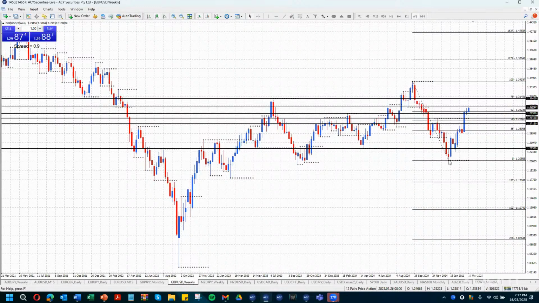The big question is, are we just coming up to a rally point? The 79% level overlaps with this weekly high over here. So that may be a good seller's level for people if you're looking for the opportunity to sell at some point. That's at 131.42, because most definitely we could see,